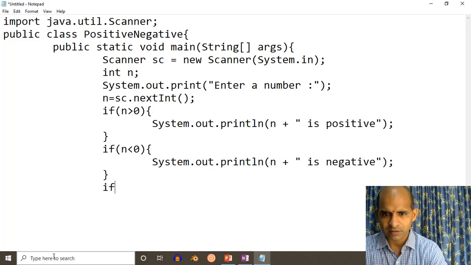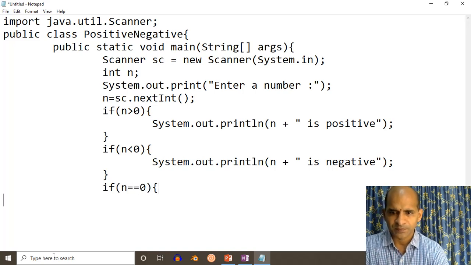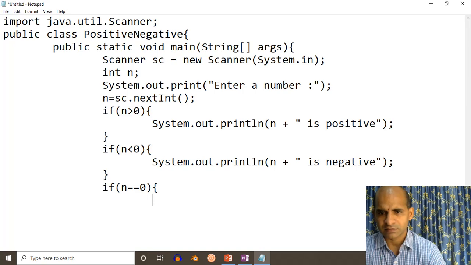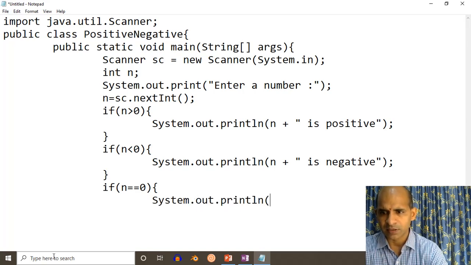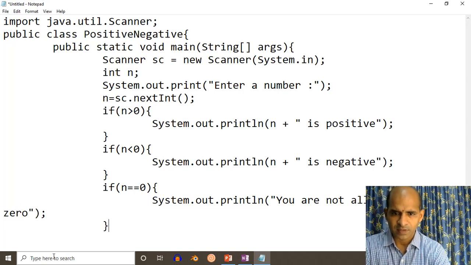Now the third condition, n is equal to 0, then System.out.println(you are not allowed to input 0). So let me close.